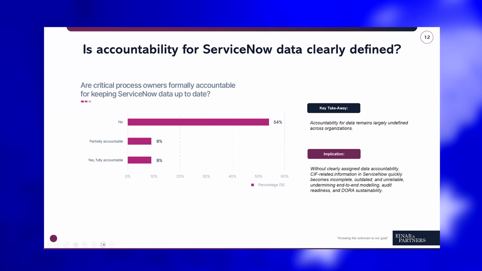So again, accountability is one of those critical factors when we're looking at process ownership and who is actually maintaining that data. Because before DORA, critical functions might not have existed in a formalized way. Sure, any bank or financial institution has its important processes, payouts or general ledgers or whatever it is, but actually assigning ownership on that process and having that process owner be accountable for the data, that is the new dimension being introduced here.